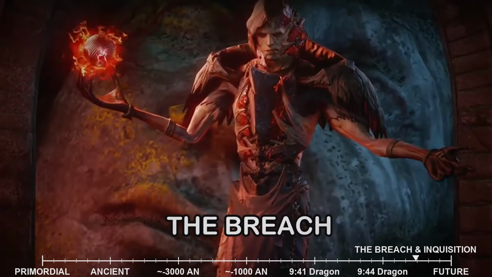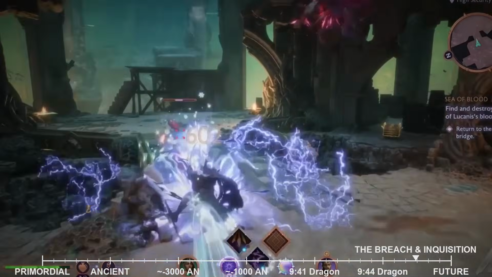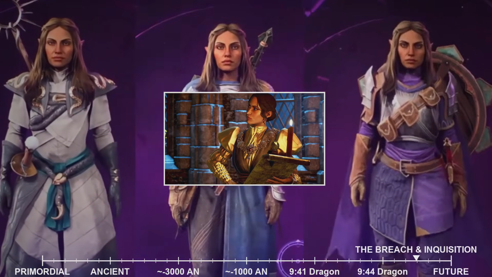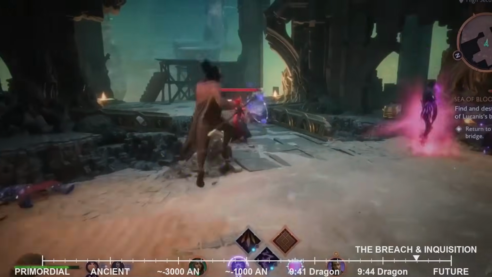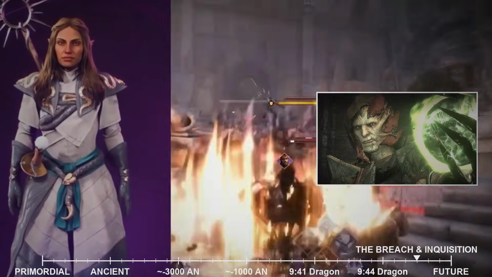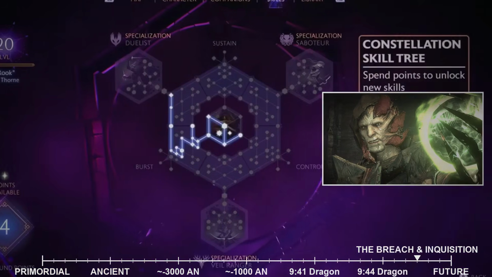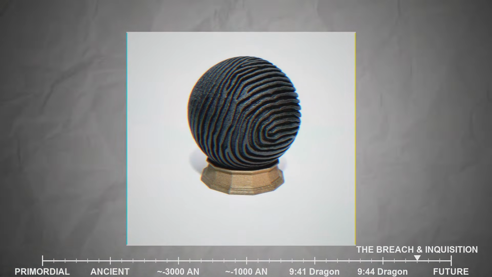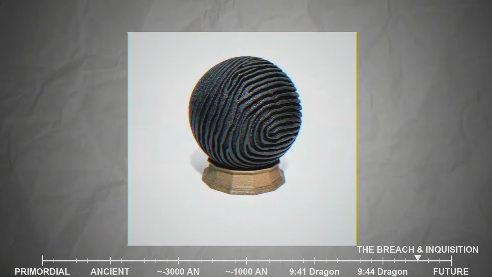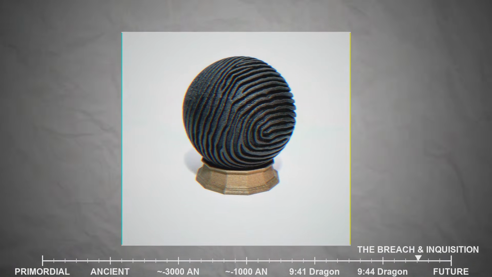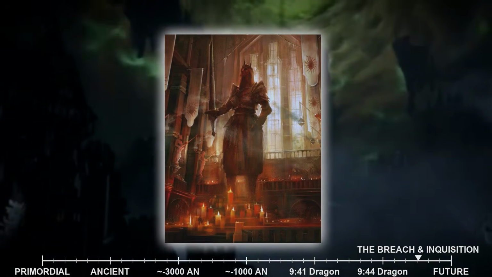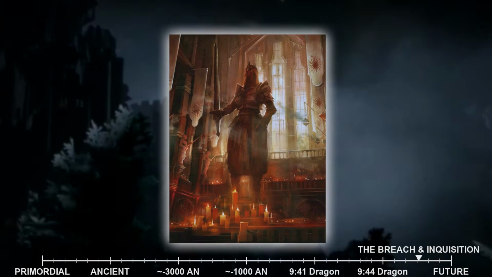The Inquisition's agents, spearheaded by Josephine Montilier, their ambassador, and Leliana, their spymaster, uncovered disturbing reports and ancient texts hinting at Corypheus's ultimate goal: to seize an incredibly powerful elven artifact known as the Orb of Destruction. This relic, imbued with ancient magic, held the potential to amplify Corypheus's already formidable power to unimaginable levels, allowing him to not only control the breach, but to reshape Thedas to his will. The very thought of such power in the hands of a corrupted magister sent shivers down the spines of even the most hardened inquisitors.